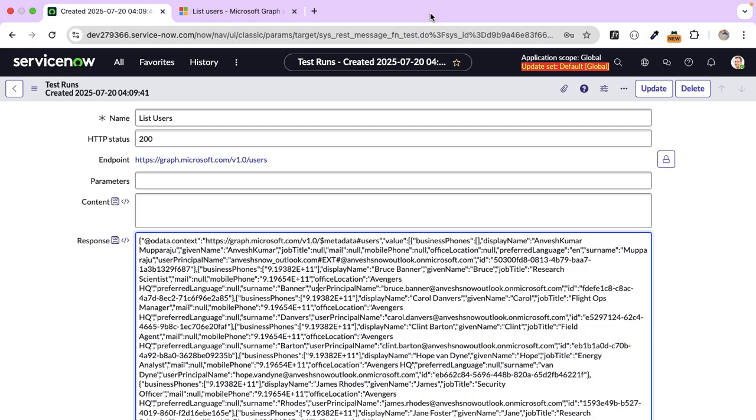To get the new access token, just go to the REST message and click on Get OAuth token again. It will retrieve a fresh access token with the new permission that is added, that is Group.Read.All. Now let's go to the list groups method and test. See, it is successful now. It says 200, which means it is successful. Now let's format this JSON also and see how it looks. See, we have